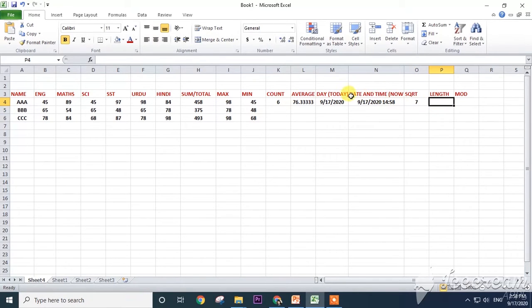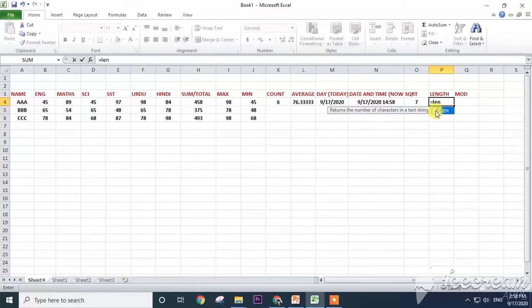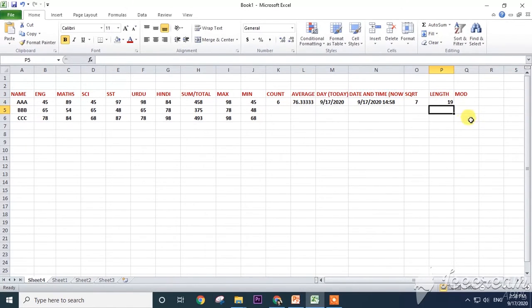Length: find how much length is there for this one. COUNT, or for this text, equal to LEN, length of this one. Cell address we need to go. I selected N3, close the bracket.